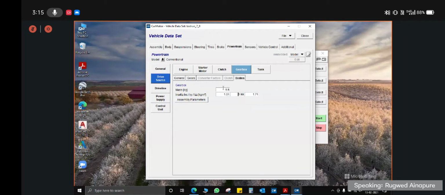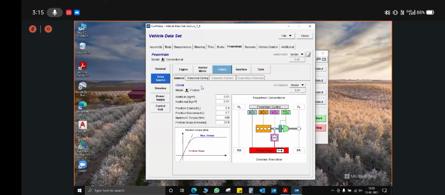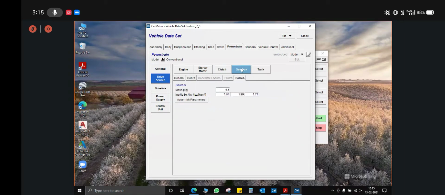In CarMaker, gearbox means your CVT itself and not the 2-stage reduction gearbox. Clutch also means your CVT. That's why we had selected the friction model. Okay, so for the teams using CVT, clutch is equal to gearbox is equal to CVT as per CarMaker terms. Now moving towards the tank. All the teams have to define the fuel tank value as 3 kg for all the Yamaha teams. And the inertia will be according to the positioning of the fuel tank.